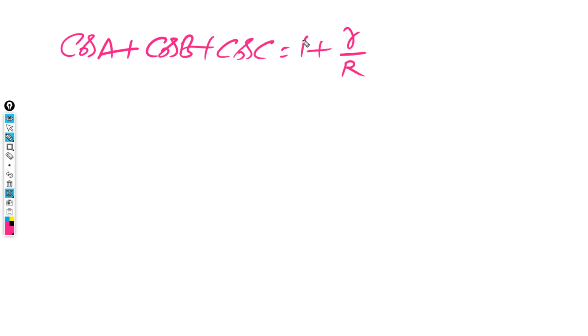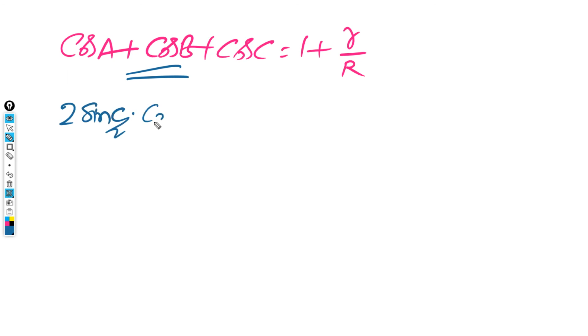Now what I'm doing, I'm applying transformation to this. Applying transformation faster, writing direct steps here. 2 cos of (A plus B) by 2 is nothing but sine C by 2 into cos (A minus B) by 2